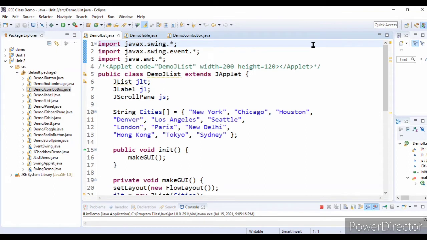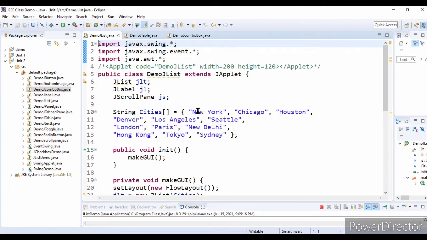This is the example for demo JList. Here we are importing the javax.swing package. Next, we are importing the javax.swing.event.* package. Why? Because we are handling a list selection event here that is defined in the javax.swing.event.* package, and we are using a flow layout here, so we need to import the java.awt.* package.